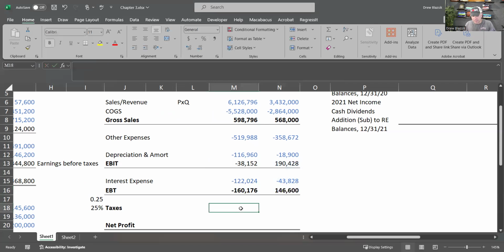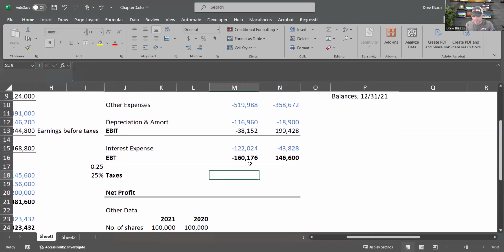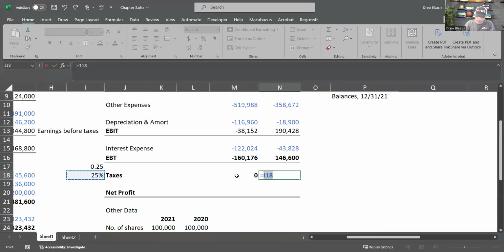Okay, now we want to subtract our costs, and that's going to give us our net profit. Okay, that's negative. There's a negative. I'm not going to calculate any tax because there's no tax. So I'm going to hit 0. No taxes this year. Okay, the next one, I'm going to calculate the tax. I'm going to say equals. I'm going to go over to the left here, hit the tax percent, the marginal tax rate. I'm going to multiply that times